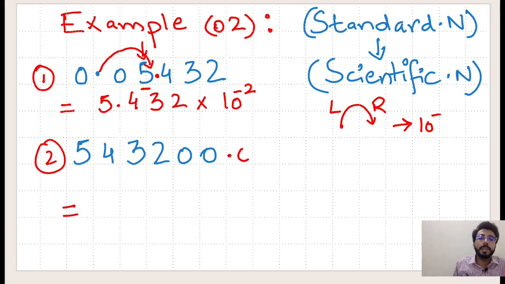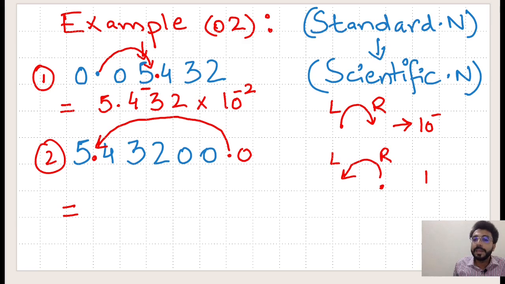Now in example number 2, 5432000.0, the decimal point is here. We have to convert this standard form into scientific notation. We have to move this decimal point from right to left. Now the power of 10 will be positive. It will become 5.432 into 10 to the power